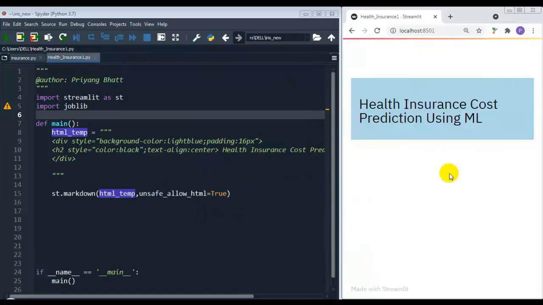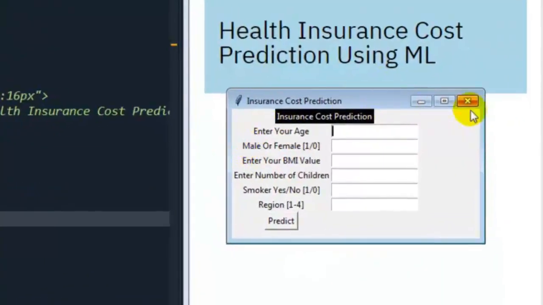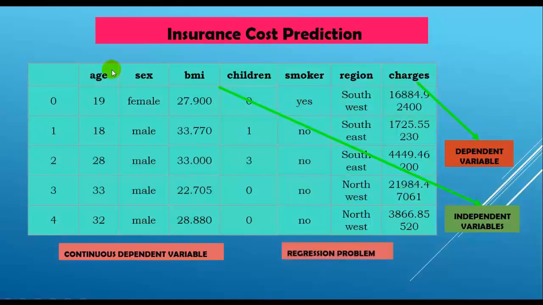As you can see over here, now our app is running. As you can see over here, our created GUI. So we are going to create this many fields. Age, which is age of primary beneficiary. Sex, primary beneficiary's gender. BMI, body mass index. Children, number of children covered by health insurance, means number of dependents.